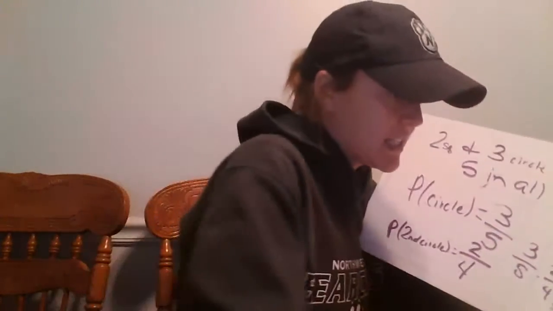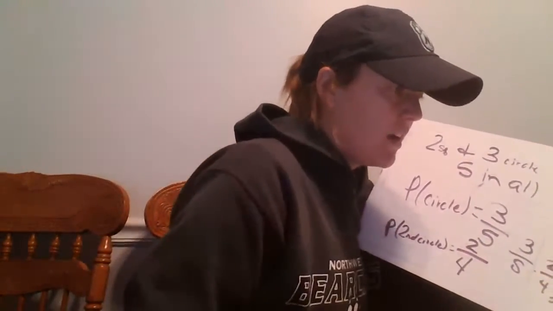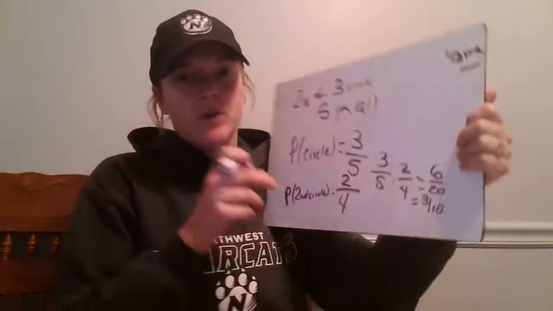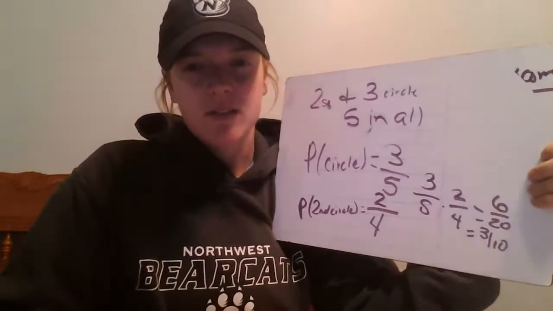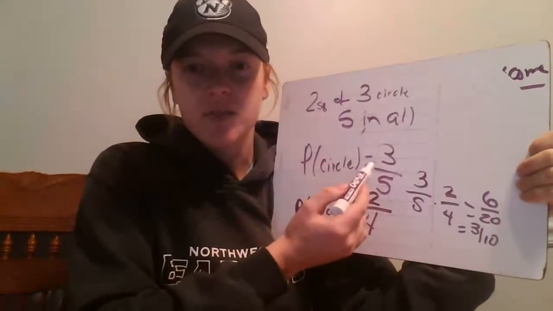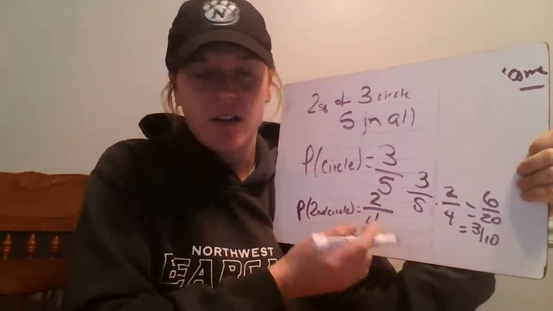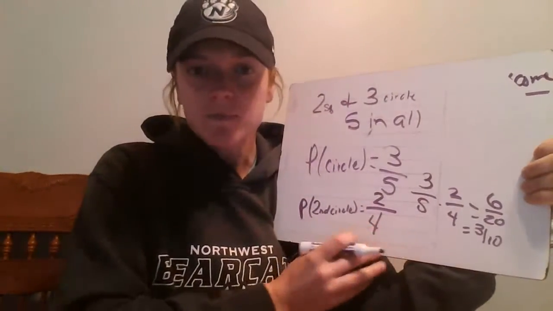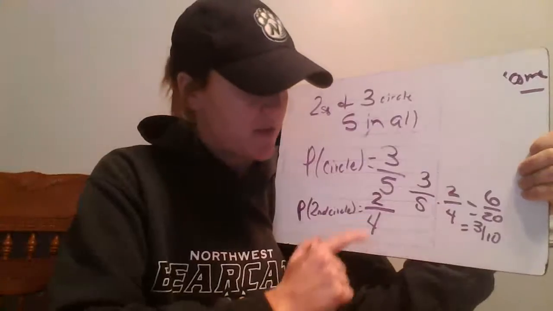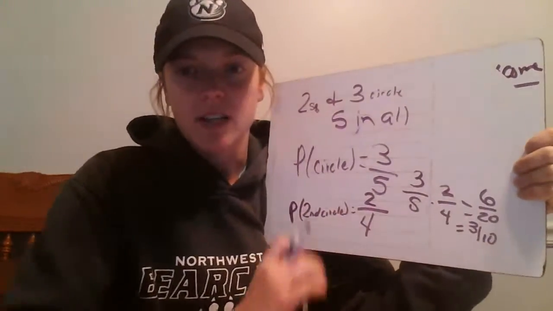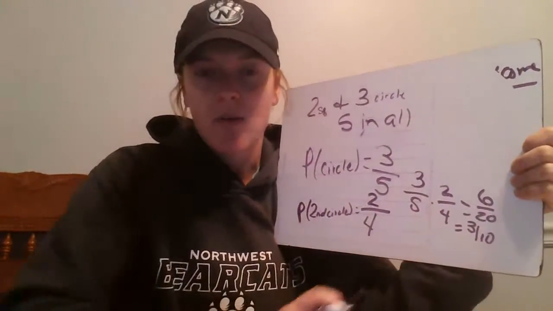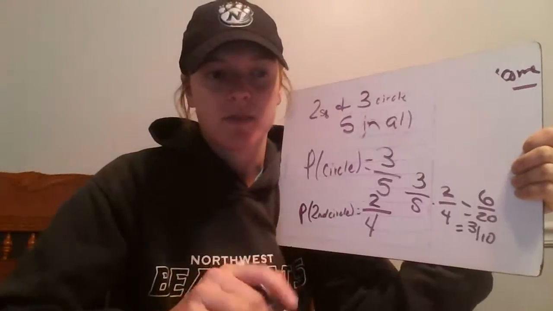3/10, which is the probability of getting a circle both times. Okay, so since we have all of them in this one, all the circles, but then on this one, she kept it. So now we're down a shape and we're also down a circle. And then you multiply them, and this would be the probability of getting a circle 2 times. Okay, so let's go ahead and look at